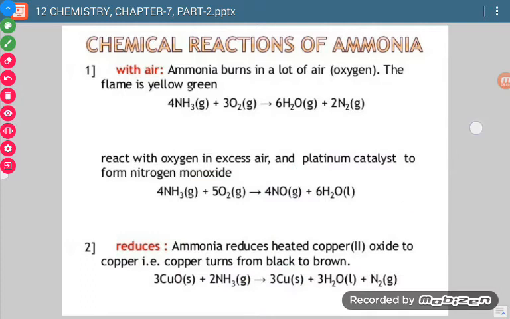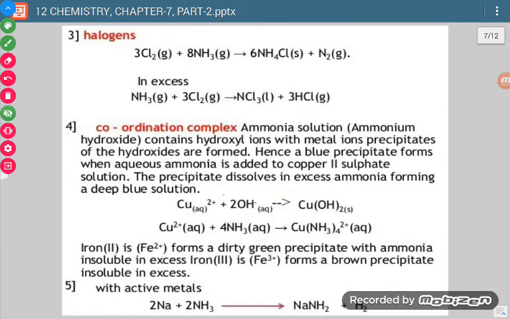Okay. Now how does it react with halogens? Now see, ammonia, when it reacts with halogens, forms ammonium salts. Okay. So if we take halogen in excess, then some halides of nitrogen are also formed. Just like here, if we take chlorine in excess as compared to ammonia, see